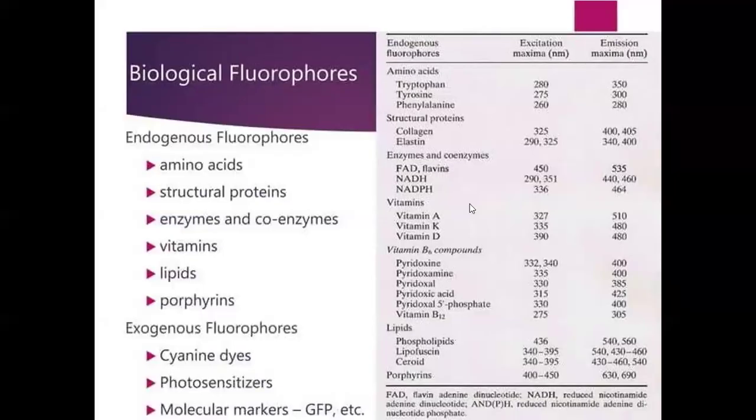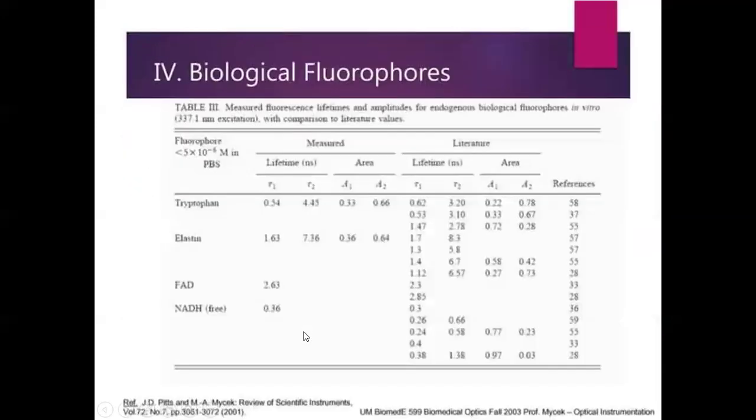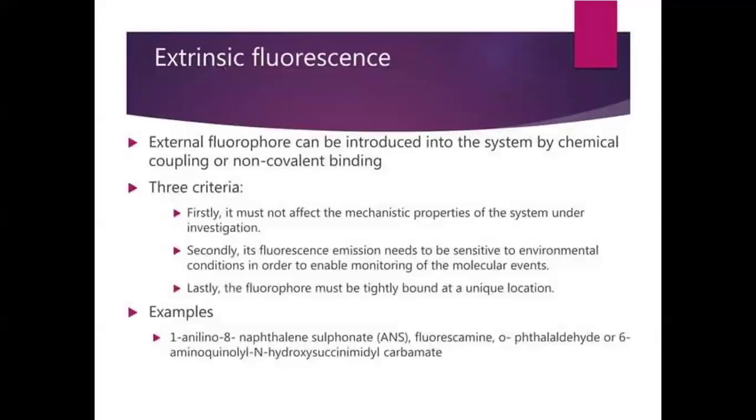There are a lot of dyes that can be tagged with these biomolecules. Especially when we are using a sensor, biomolecules like enzymes, amino acids, proteins and lipids can be used. Along with them, if you tag a dye, whichever positive reaction is there can be estimated very easily using this kind of principle. As fluorescence light is always in the visible range, fluorescence will be determined only in the visible range of wavelength.